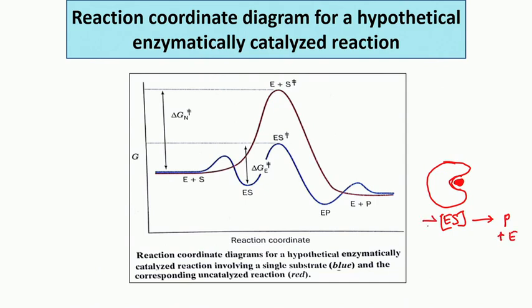To form the ES complex, you have E plus the substrate. So, the substrate goes and binds, forms the ES complex, and then the ES